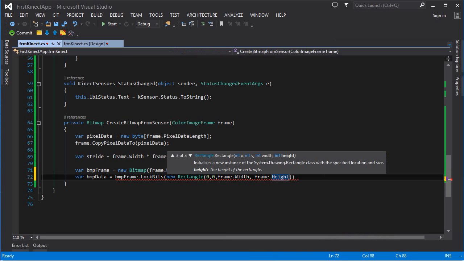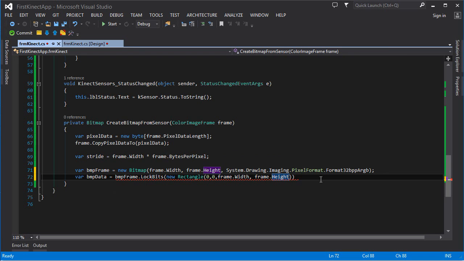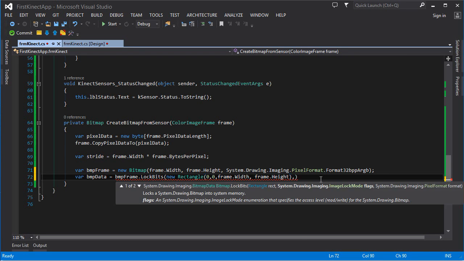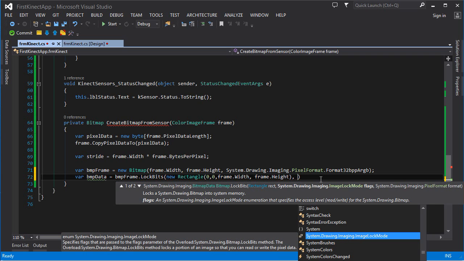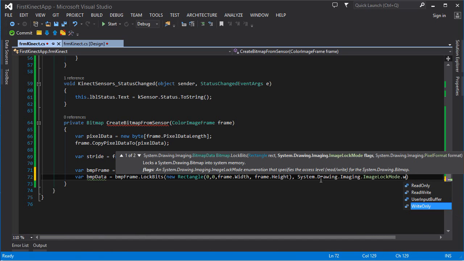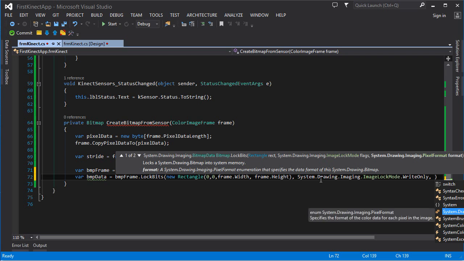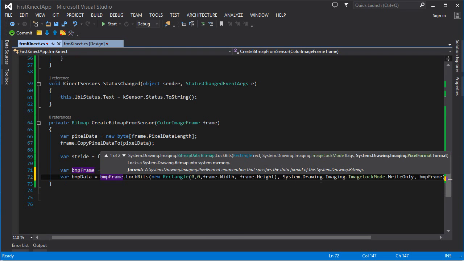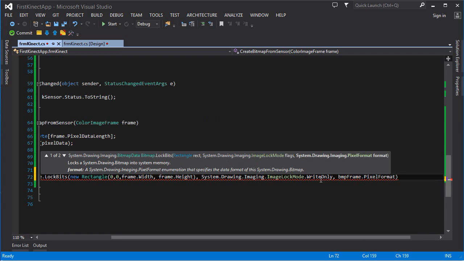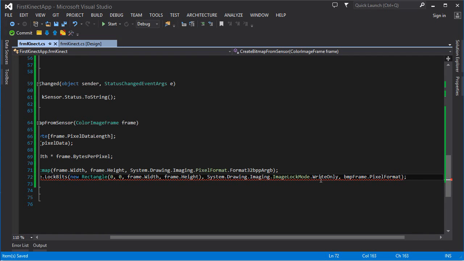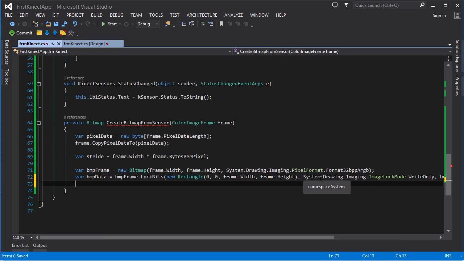Let me collapse this. I don't need it anymore, at least for now. And skip that. So this is my rectangle. This is where I'm going to draw. And right here I'm going to have System.Drawing.Imaging.ImageLockMode, and it's going to be WriteOnly. And here I'm going to grab the pixel format. It's going to be bmpFrame.PixelFormat. So I'm getting the pixel format which I've defined in my frame. This is my data. I've defined my object, defined how the data will be laid out inside my frame, and all I need to do is say